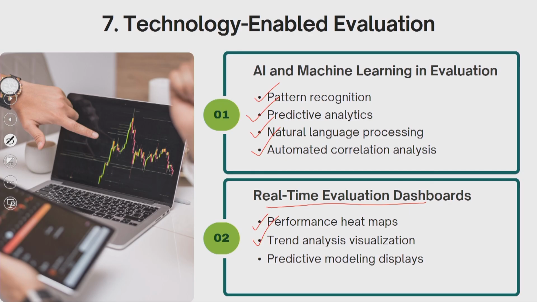There's also a possibility of predictive modeling displays. Predictive modeling displays show real-time forecasts of future performance based on current learning engagement patterns. So these might predict quarterly performance improvements, identify at-risk employees before problems emerge, or forecast the organizational impact of proposed learning initiatives. So this technology-enabled approach, if you ask me, transforms learning evaluation from a retrospective reporting function into a